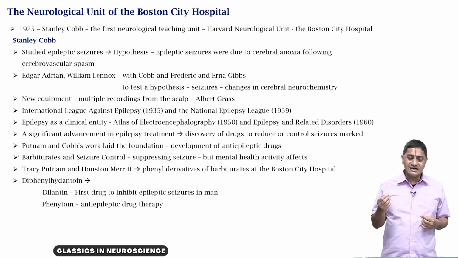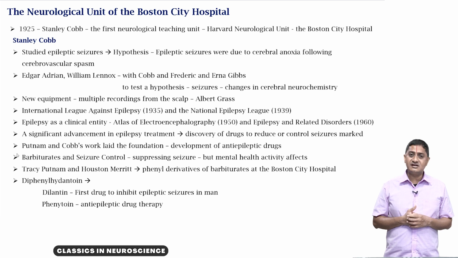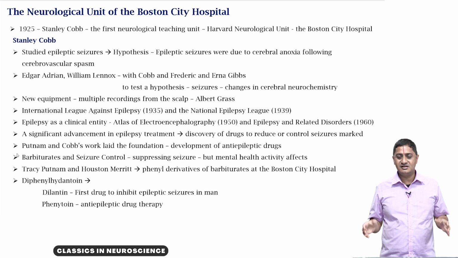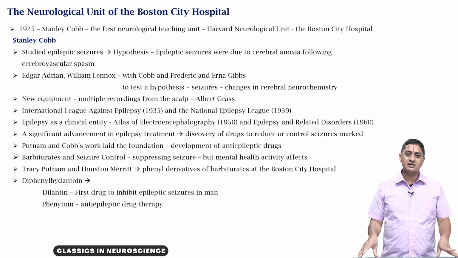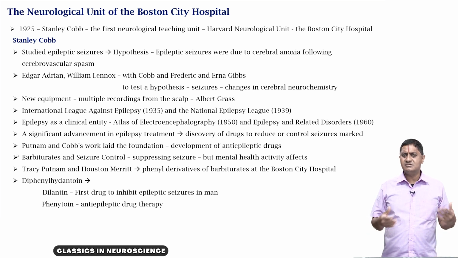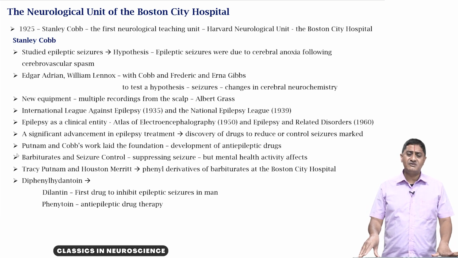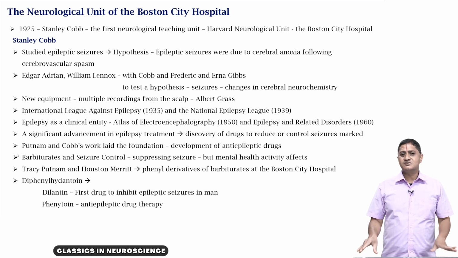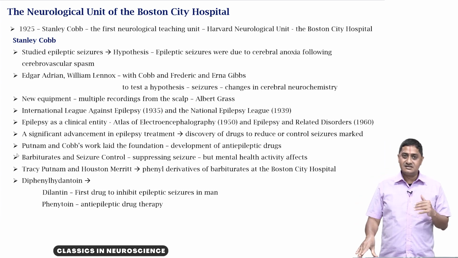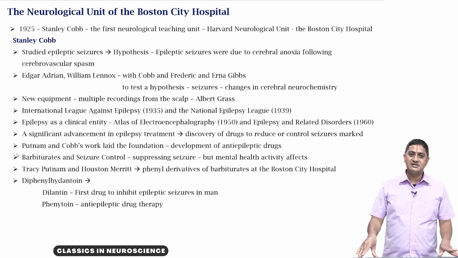So, the discovery of dilantin and phenytoin was a game changer in the field of neurology, that brought neurology to the forefront in a very big way. Before that, neurology was at the back end when compared even with psychiatry, for example. Between psychiatry and neurology, psychiatry was the more thriving department. Neurology was more academic in that sense until the development of these anti-epilepsy drugs.